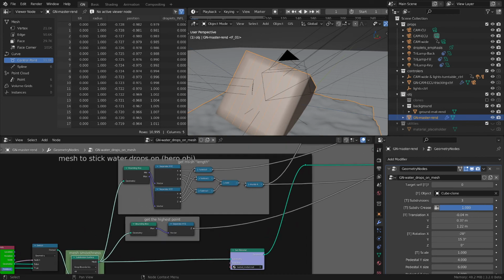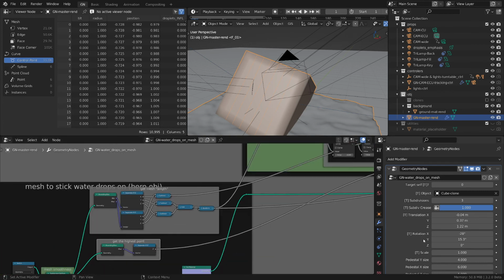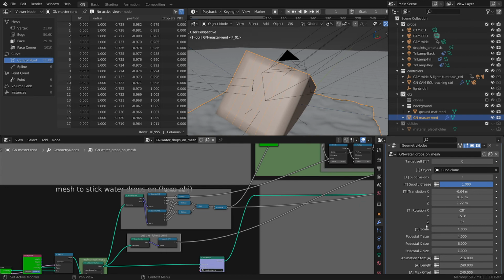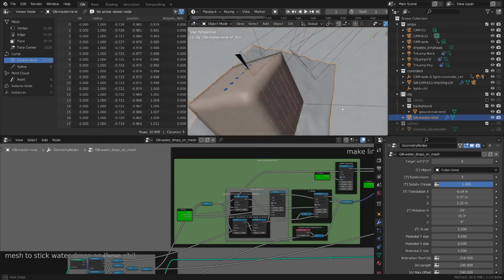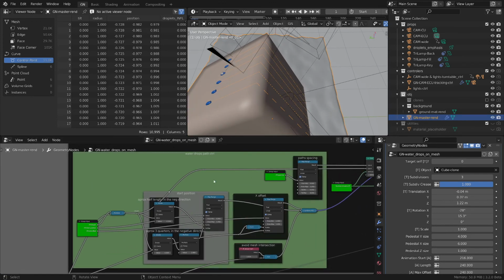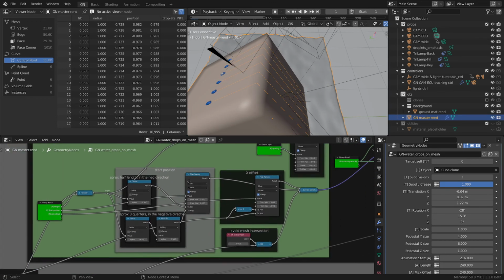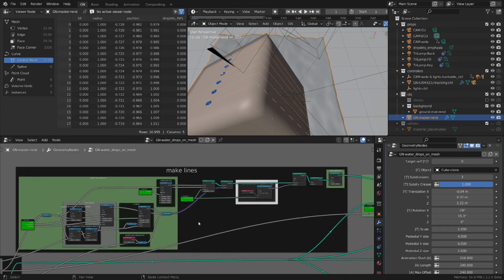Then we took this information, the bounding box information, to build this setup, the procedural setup for the lines that are on the mesh, to decide where they start, where they end. I explained that in detail at the end of the first part. I'm just going to show it to you now. You can make a screenshot if you want. And then